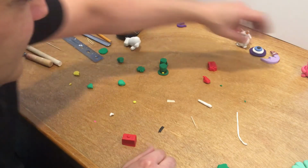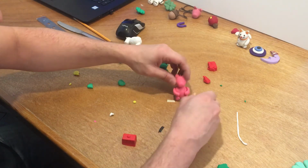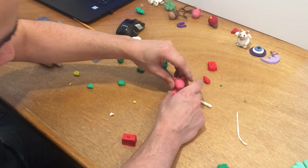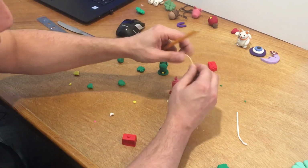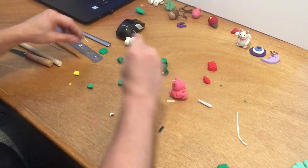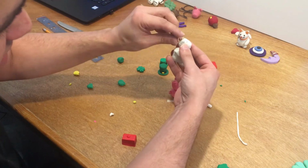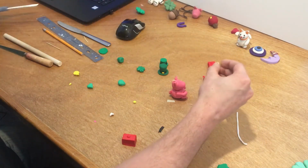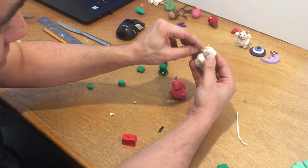So I did make another one out of the pink, but I didn't attach his head. You see how easily it comes off. So it would make a lot of sense for me to stick this into here and put that on there. Now I did do this part. I took my pencil and I took my wire and I wrapped it around, so that I can place it inside of the pig head, like here in the back. Oh, there's a little bit extra. I should cut that off. So if I stick this into the back of his head, and then I'm going to use my toothpick to just blend that in,